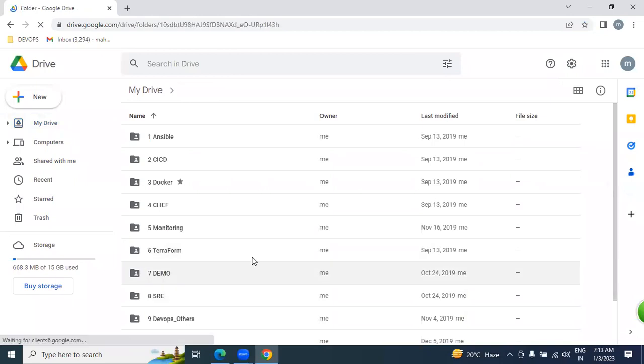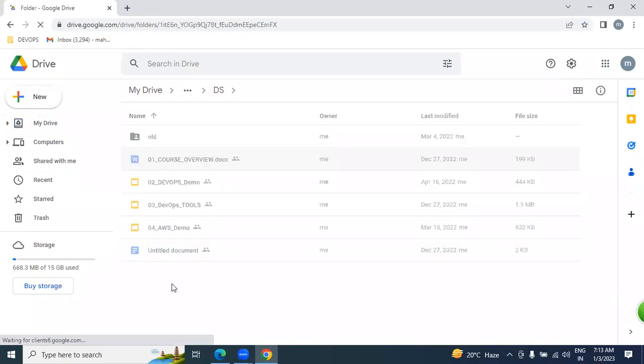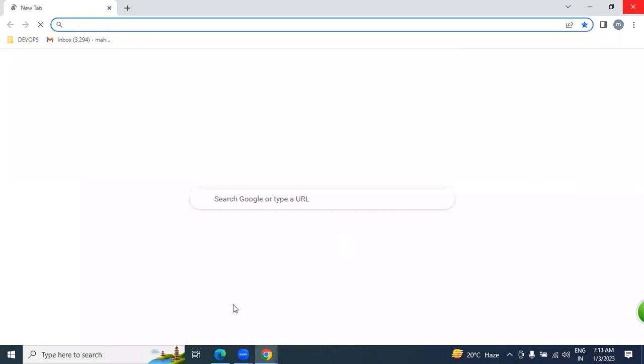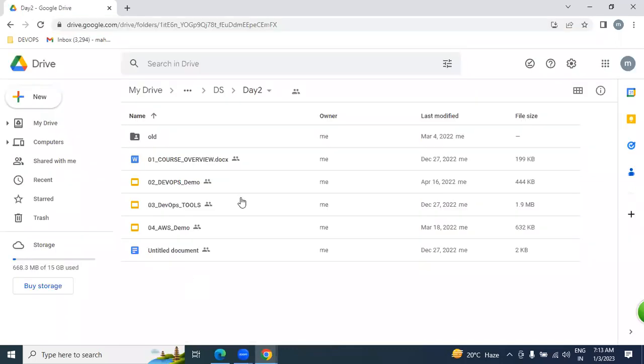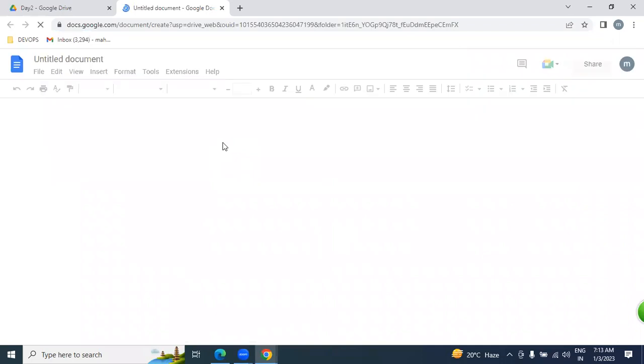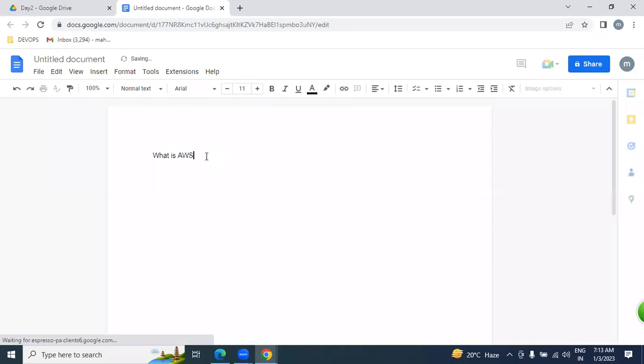Let me open a document. So today our agenda is what is AWS.